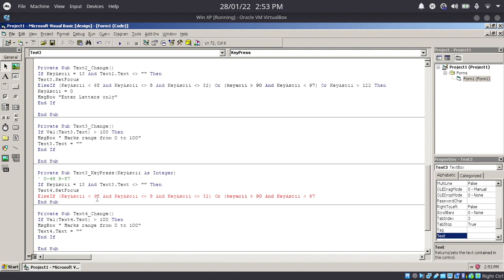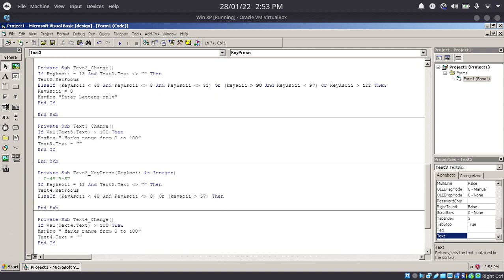Otherwise, if the value is less than 48 and it is not tab, of course space is not allowed here, so I'll take out the space. And if key ASCII is less than 48 or greater than 57, and only 8 is allowed in between, then